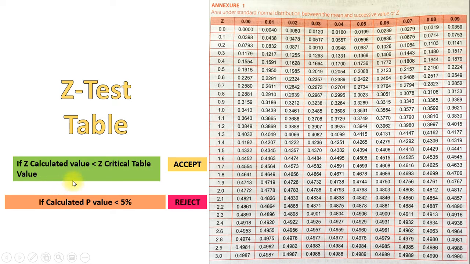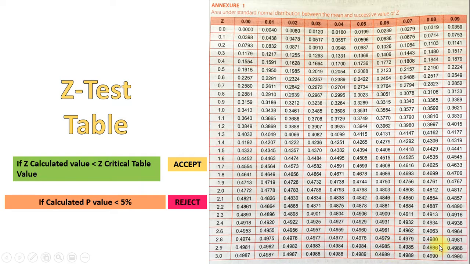Further, if you have calculated the p value, which is known as probability value, and if it is less than 5%, what is 5%? This is my significance level. I am testing my hypothesis at 5% level of significance. If my calculated p value is less than 5%, I will reject the hypothesis, otherwise accept it. So this is how a hypothesis will be accepted or rejected. So let's take a hypothesis and test it